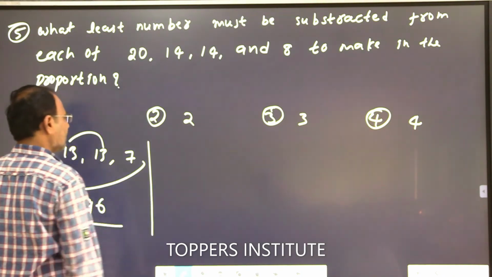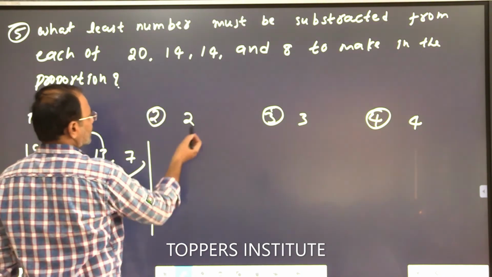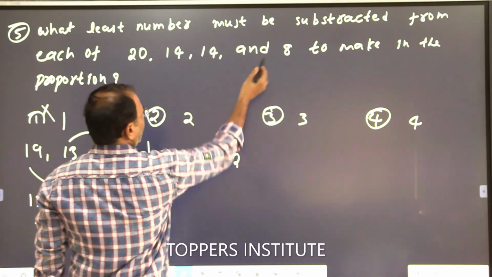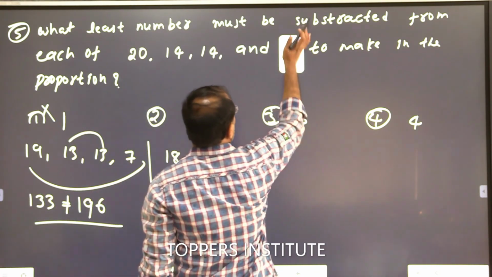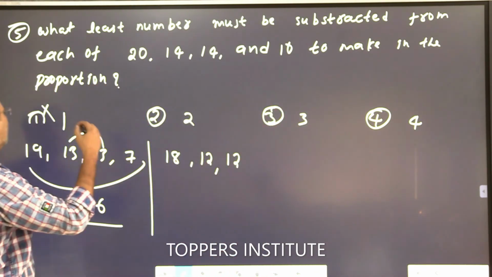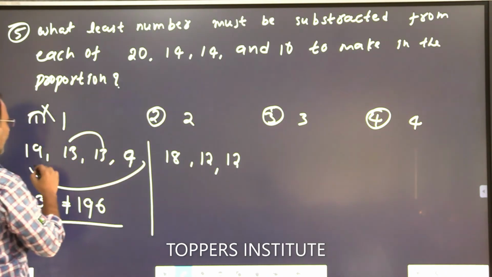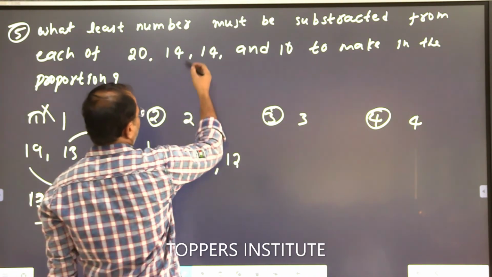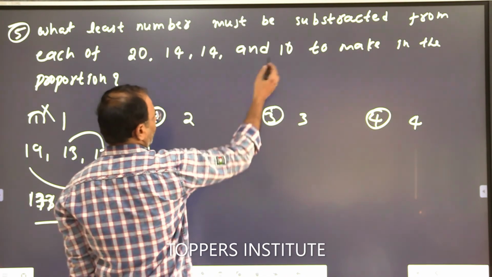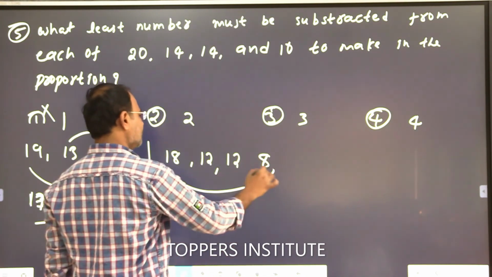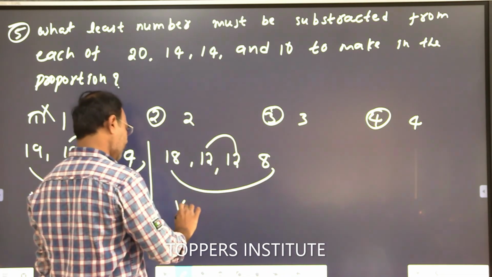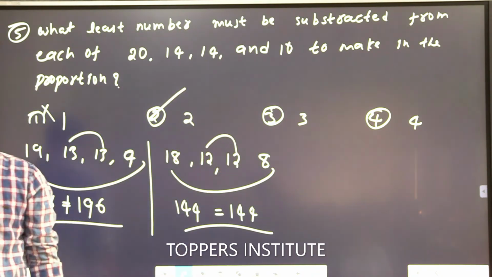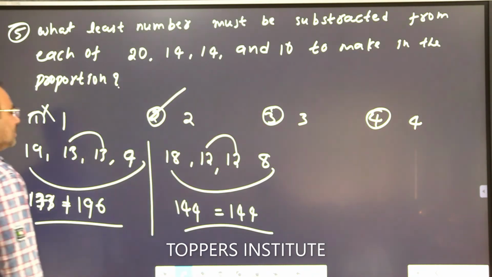Now I am going to check whether option 2 is correct or not. 20 minus 2 is 18, 14 minus 2 is 12, again 14 minus 2 is 12, next 10 minus 2 is 8. So product of extremes 18 into 8 is 144, product of means 12 into 12 is 144. So product of extremes is equal to product of means, then the proportional theorem holds, then option 2